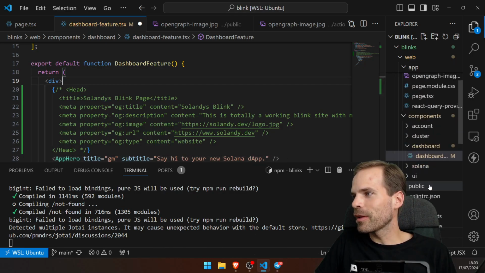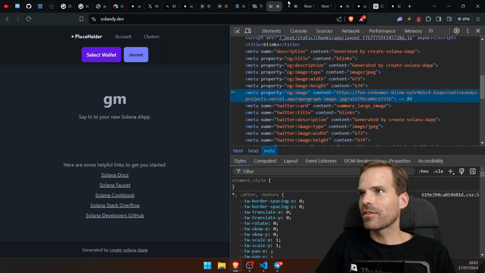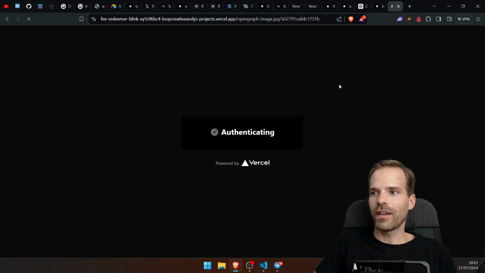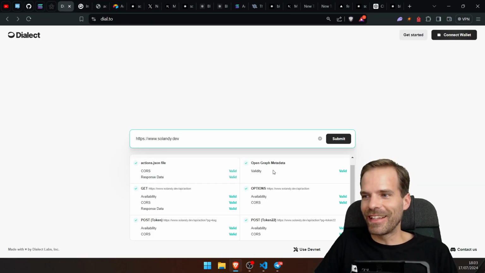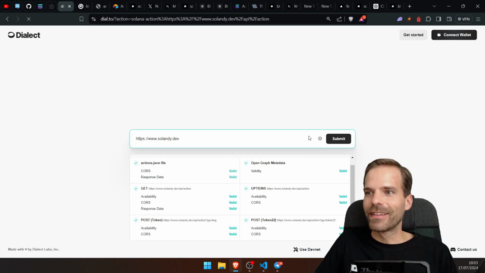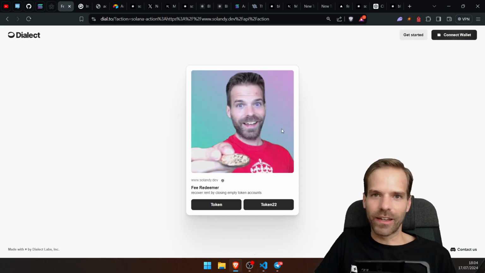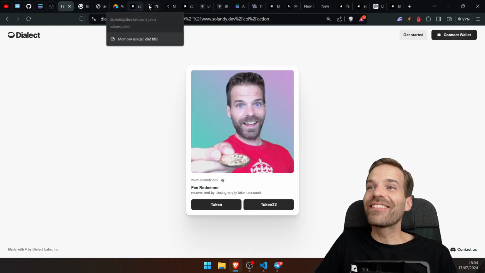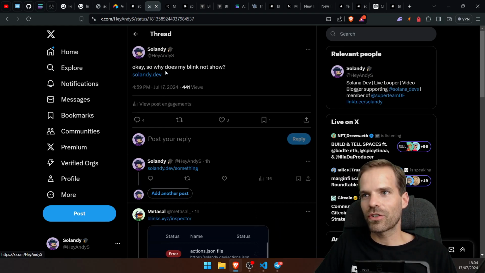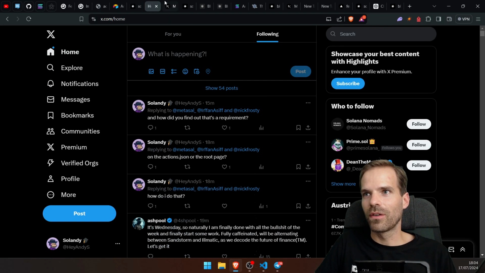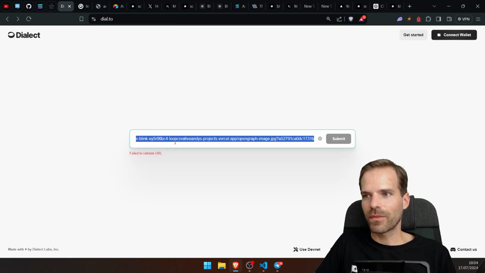But apparently with that image, so many tabs, I don't know where it is. Here, with that image, it somehow manages to squeeze in here now. Look, it has an image. So now it's happy, or at least this validation thing here is happy. Does that mean that now if we go to X, it still doesn't look like it's gonna show my blink though? Although all the checks